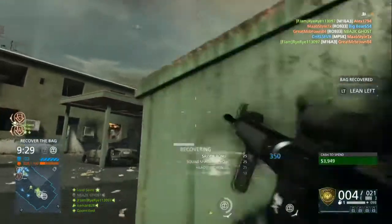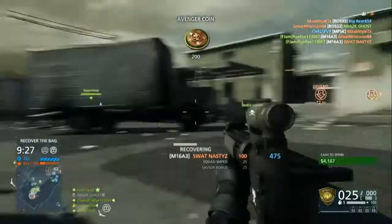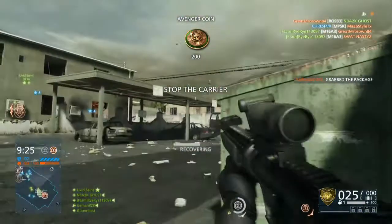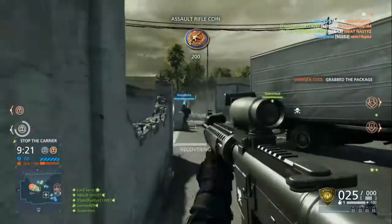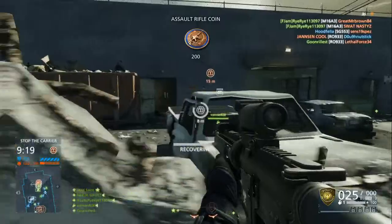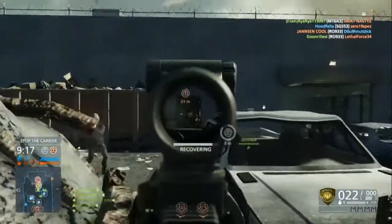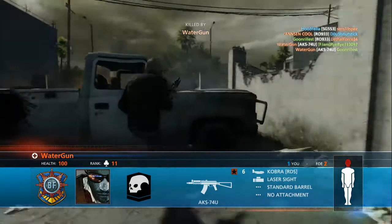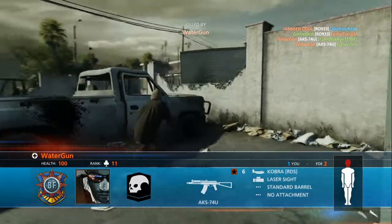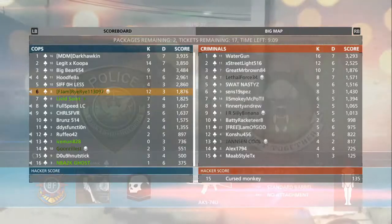Okay, so what are some of the differences from the beta? Maybe some of the most glaring ones that I noticed. Well, the first one is that guns aren't cheap. It just seems like the stuff is more expensive than it was in the beta. I didn't go back through and look at my beta footage to see what any stats were or anything like that, but I can tell you just basically from my instinct that everything costs a little bit more,